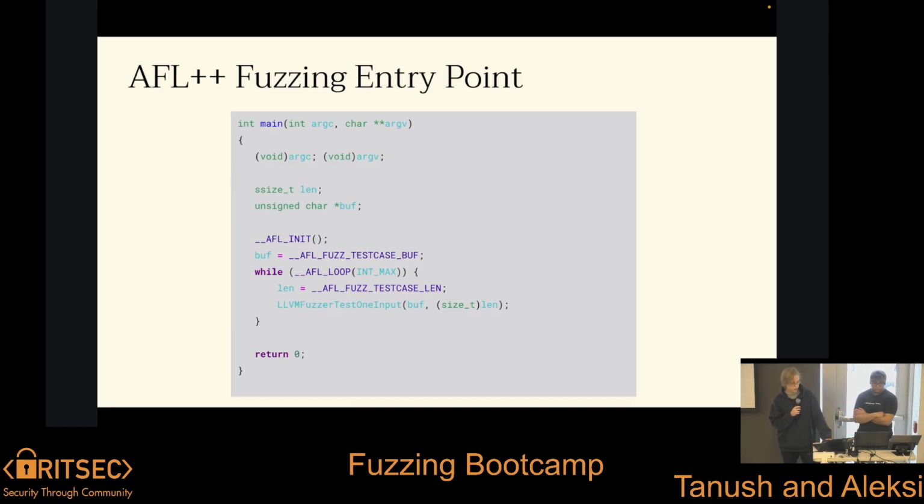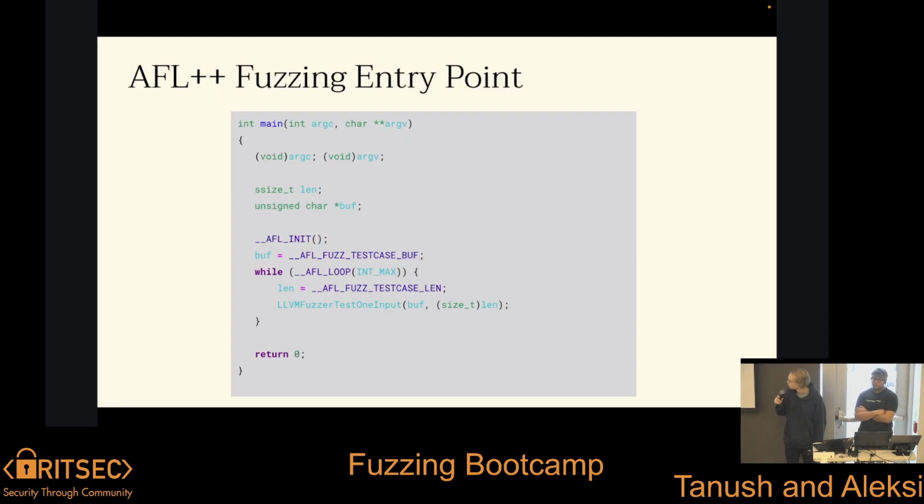We also have AFL_FUZZ_TESTCASE_BUF, which is a pointer to a shared memory region. So instead of reading from a file, AFL++ will write test cases and the program will read them from that shared memory region.